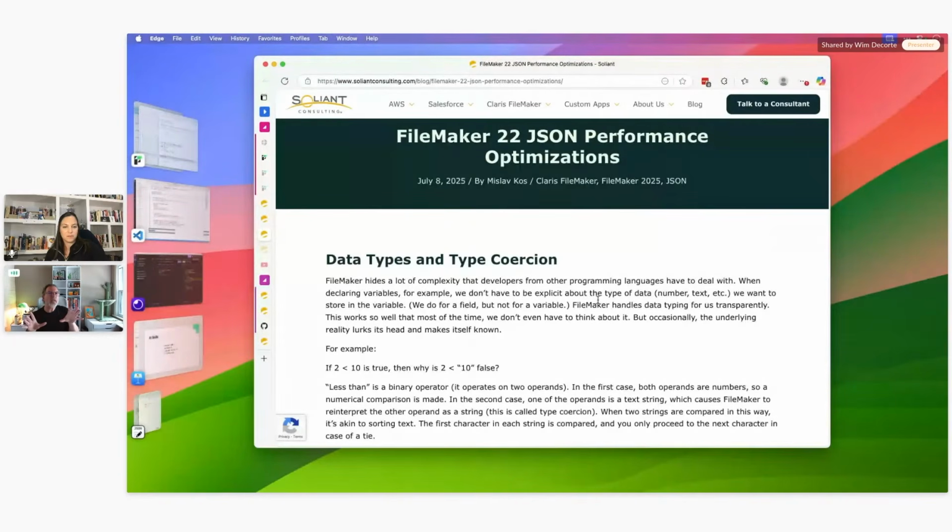FileMaker 22, you don't really need to change a lot of your existing code to take advantage of that, because FileMaker just natively does its memory management a whole lot differently and by itself. Although there is a new function called JSON parse that you can use to good effect to explicitly take control of telling FileMaker, here's JSON, parse it, which really means put it in memory and keep it in memory as its own thing. And you may have multiple of those. So as a developer, you now have explicit control over that, which is where we all want to end up.